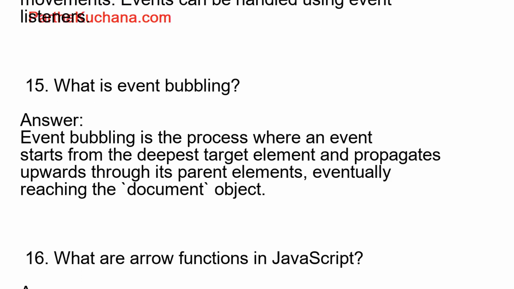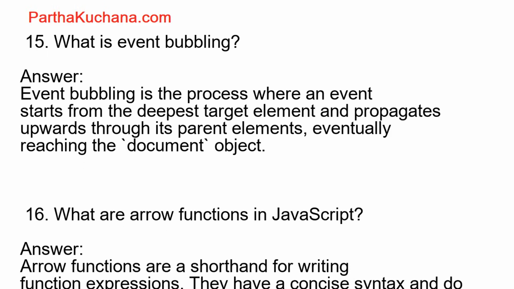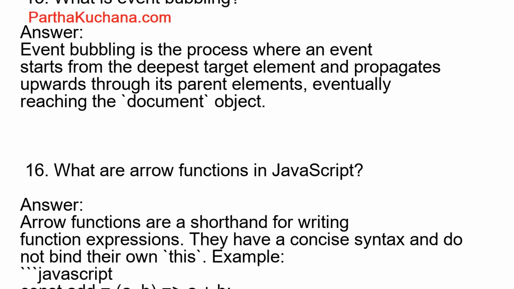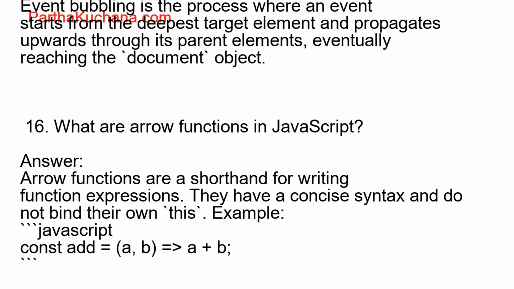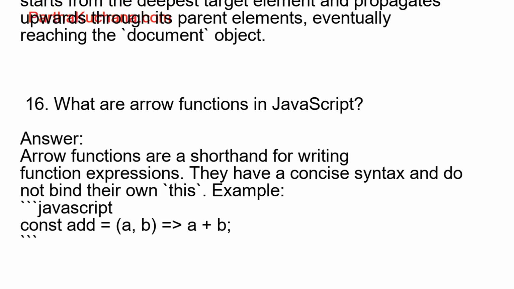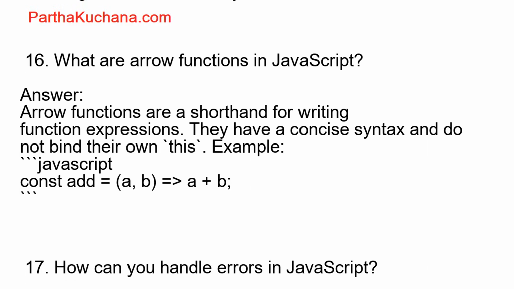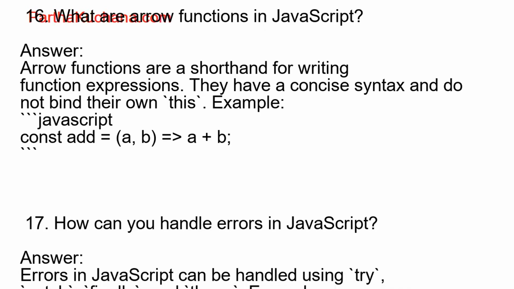17. How can you handle errors in JavaScript? Answer. Errors in JavaScript can be handled using try, catch, finally, and throw. Example, JavaScript: try { // code that may throw an error } catch (error) { console.error("An error occurred:", error); } finally { console.log("This will run regardless of an error."); }